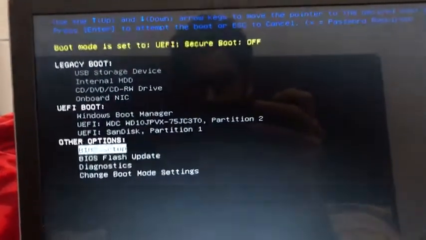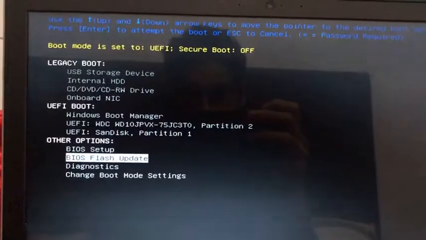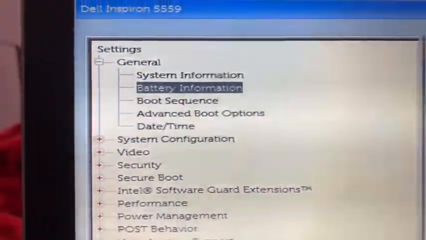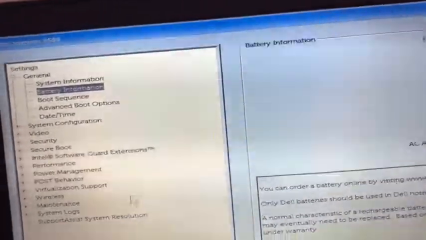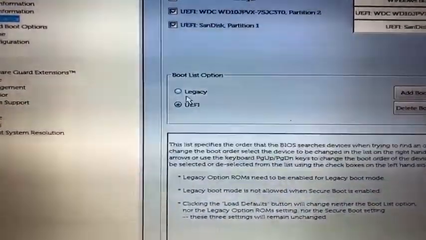So I'm going to BIOS setup. Then in BIOS I'm going to boot sequence. Here you can see it's UEFI, and the boot list option is legacy.